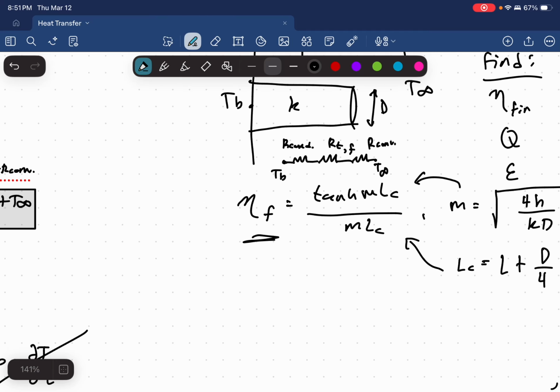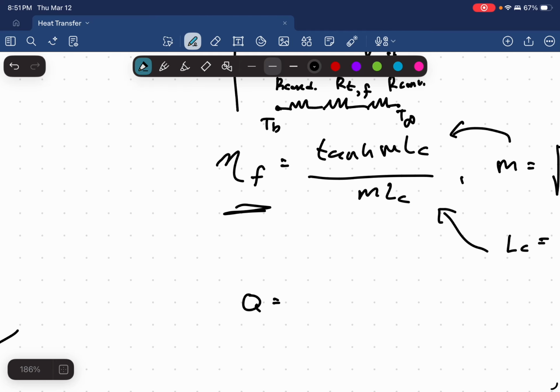So for the heat rate, we're going to say that Q is equal to TB minus T infinity over